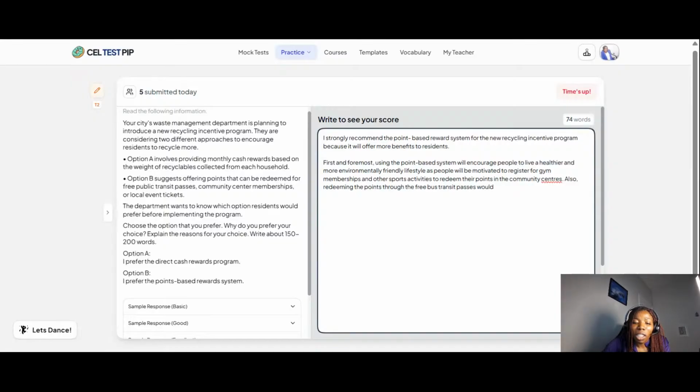would encourage people to use public transportation. I don't say use the bus because that would be me repeating myself. Public transportation, which will help reduce traffic congestion on the road. I don't know if congestion is higher vocabulary, but